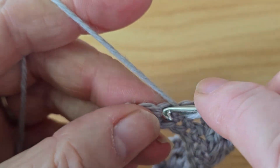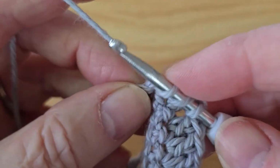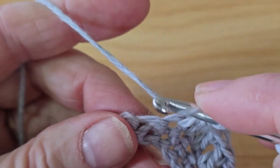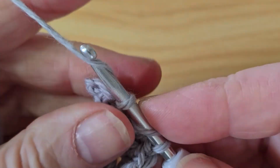Yarn over, insert hook into the next stitch, pull through, yarn over, pull through 2 loops, yarn over, pull through 2 loops. I have cat hair coming along with it. Yarn over, insert hook into stitch, yarn over, pull through, yarn over, pull through 2 loops, yarn over, pull through 2 loops. Okay, now we're going to get to the end of this row, and what I'm going to do is show you something other than